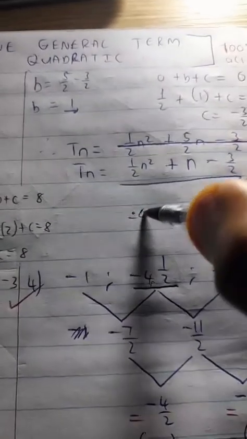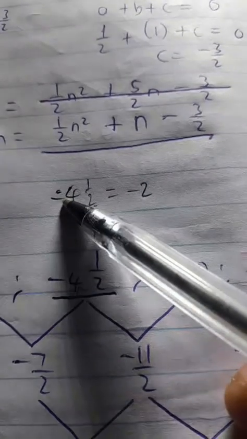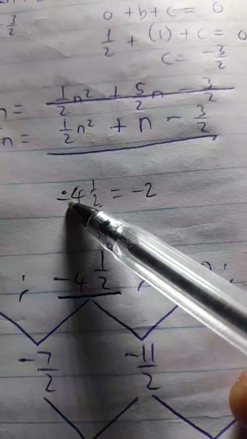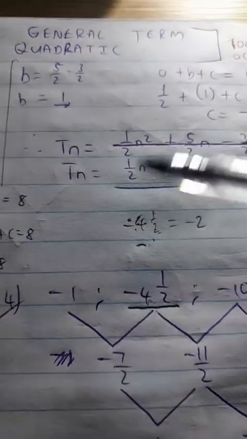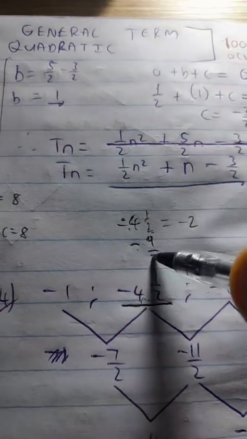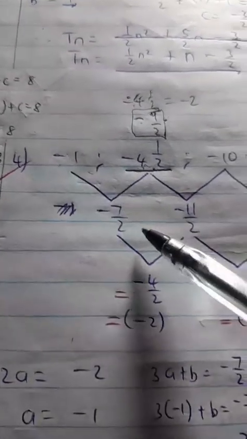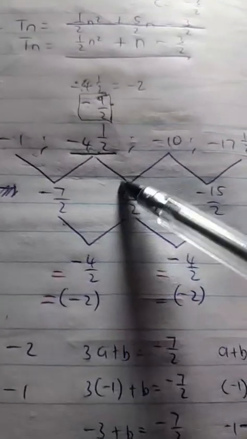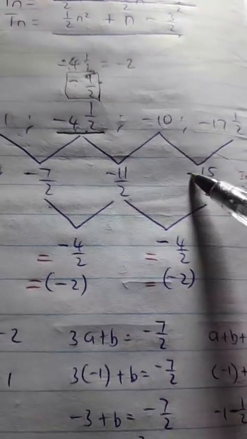Some people thought negative 4.5 is the same thing as negative 2. Why? Because they were halving the negative 4. Remember, negative 4.5, we write this as 2 times 4 is 8. 8 plus 1 is 9. So it's negative 9 over 2. That is the improper fraction. So we are taking the negative 9 over 2 and subtracting minus 1, which gives us negative 7 over 2. We get negative 11 over 2 and negative 15 over 2 as our terms of the first difference. All right, and this is something that some people were unable to do.